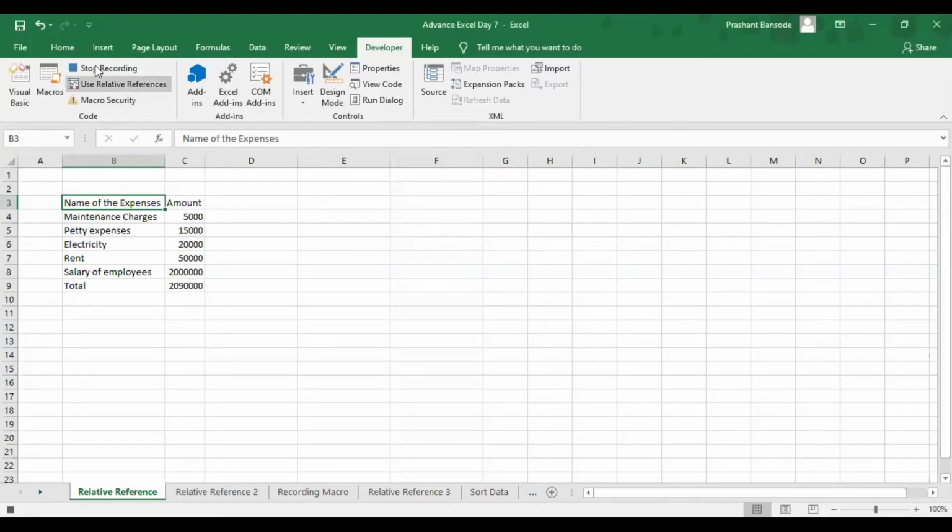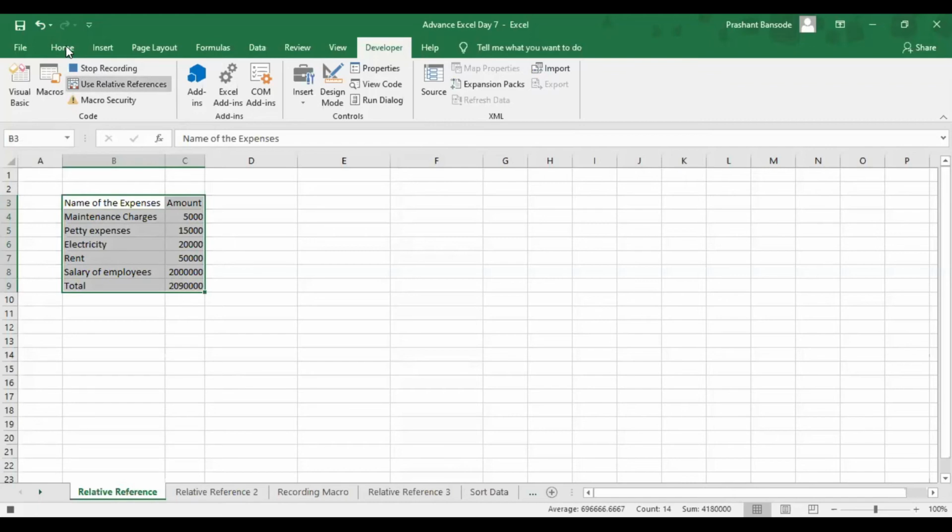It has shown me this particular tab that now the macro is getting recorded. So I'll start with the first step. As my cell is here, I'm highlighting this particular column header, so I'm just going to select this entire report. See what all steps I'm doing. I'm being very careful in my selection. I'll just select the entire report.